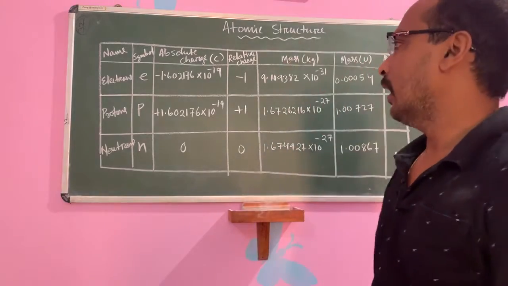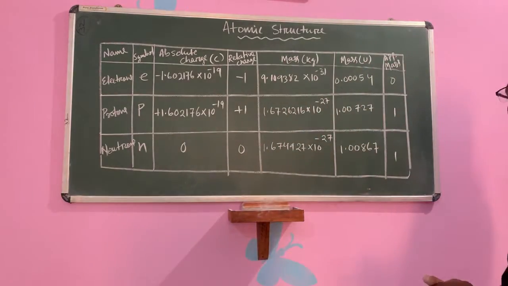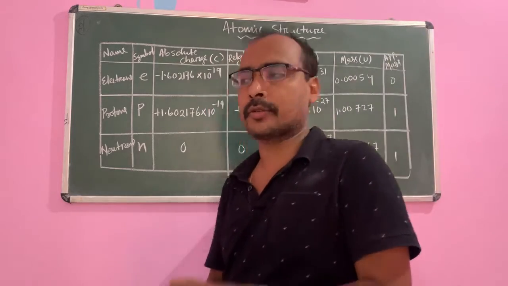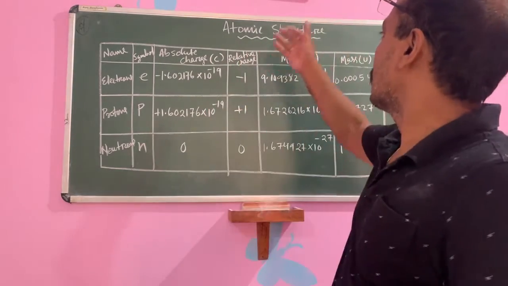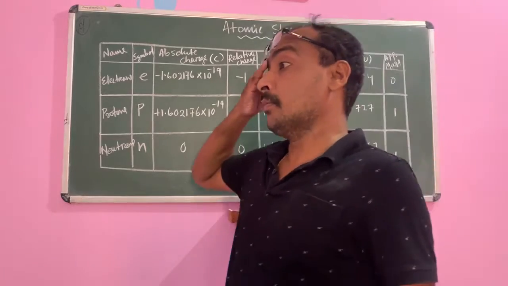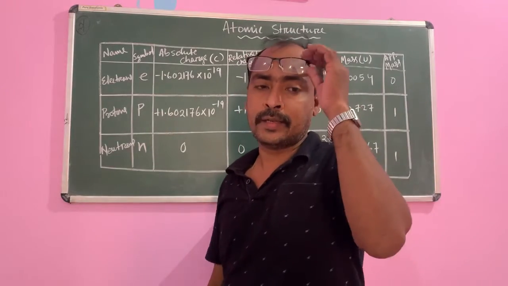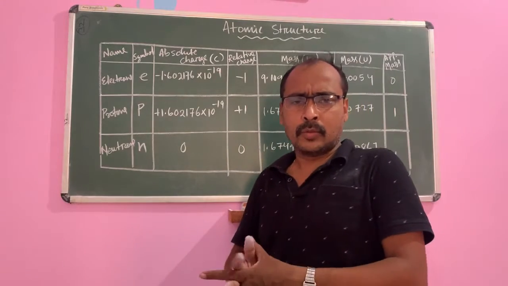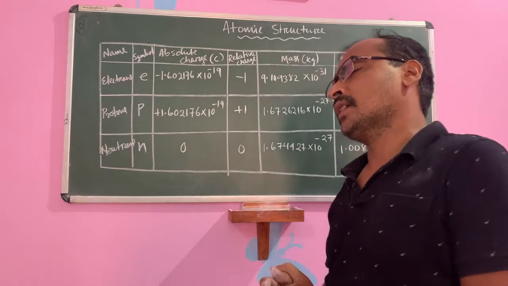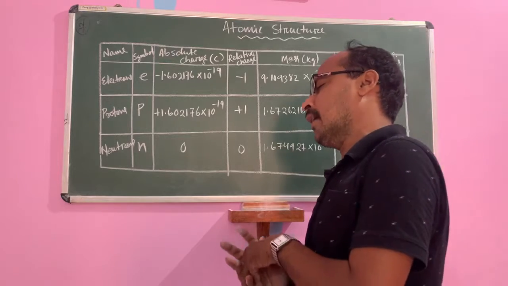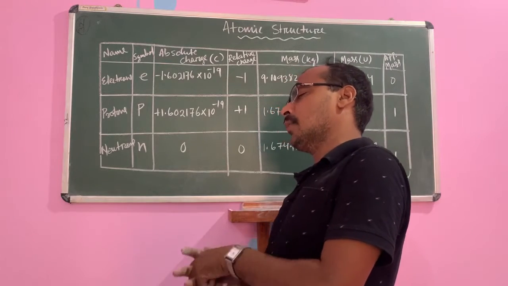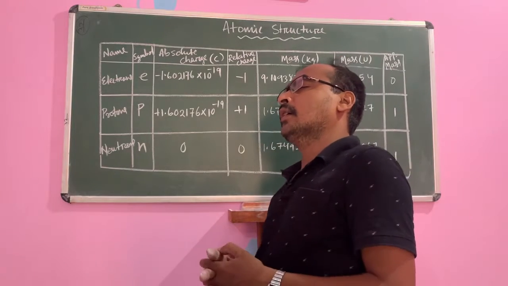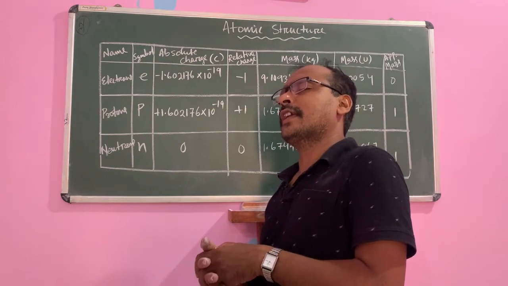So today we'll start our second lesson in chemistry, that is your part 1, atomic structure. Okay children? In atomic structure, some portion has been completed by the CBSE. These portions are the discovery of electrons. Children, you know in previous classes you already read about the discovery of electrons by J.J. Thomson. Okay, then proton, then neutron, proton by Rutherford.